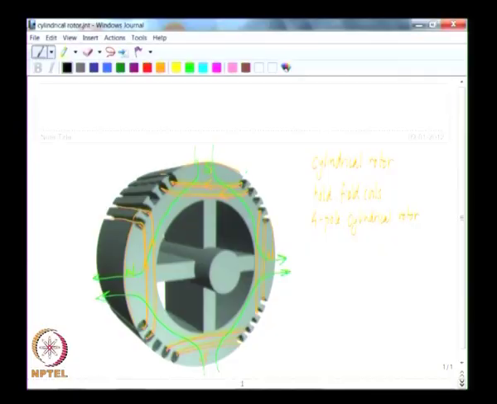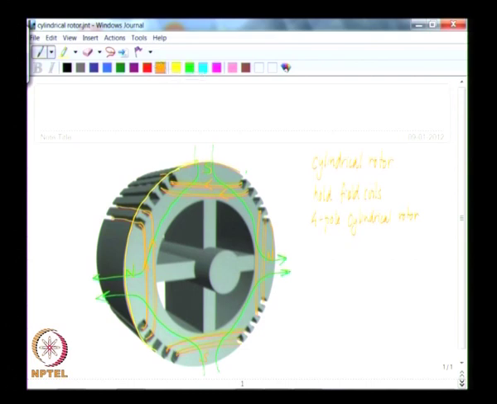Just to briefly look back, the rotor basically has a cylindrical surface which can be seen here. You see that the outer surface of the rotor is by and large a smooth cylinder, except for the slots that are there in which the rotor coils have to be housed, but for those slots it is a very smooth cylindrical surface. And this arrangement